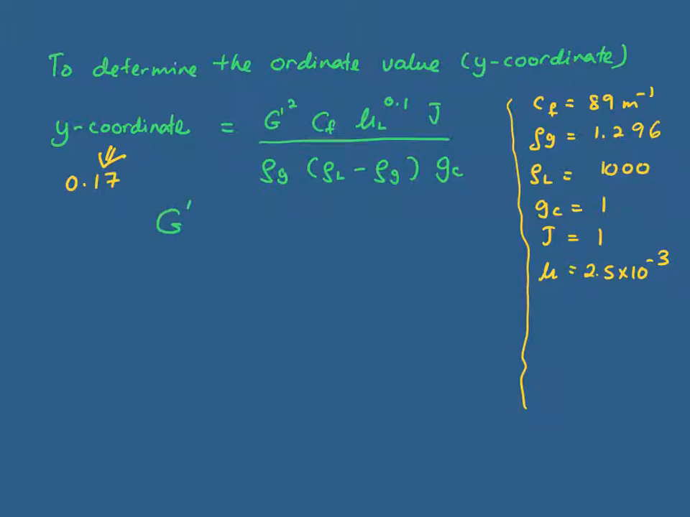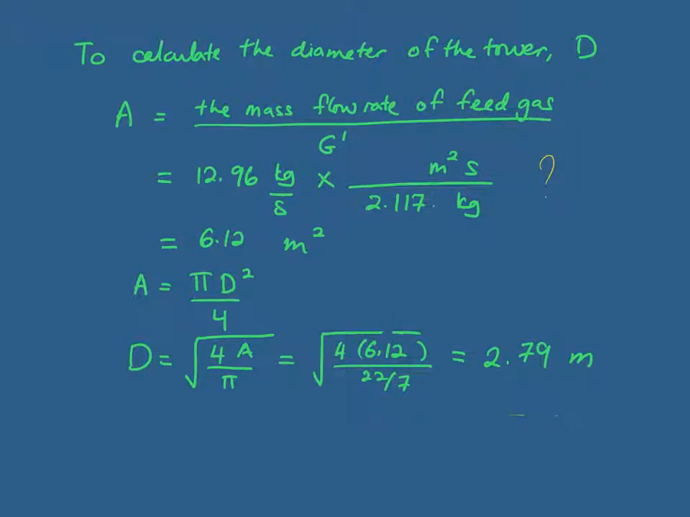Alright, to simplify the calculation, G prime is equal to the square root of, from the mass gas velocity that we have calculated, we're going to substitute the value here so that we can calculate the diameter of the tower. So we're going to find the cross-sectional area of the column, which is given by the mass flow rate of the feed gas over the mass gas velocity. We substitute the value 12.96 kilogram per second for our mass flow rate of the feed gas and divide with the mass gas velocity 2.117 kilogram per meter squared per second, and we get the area equal